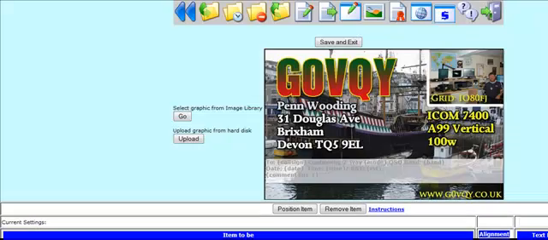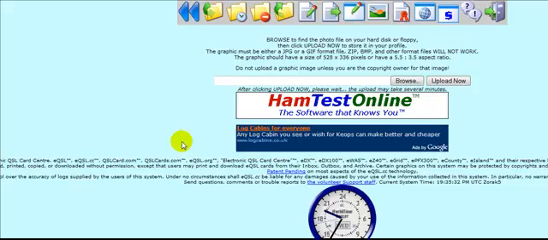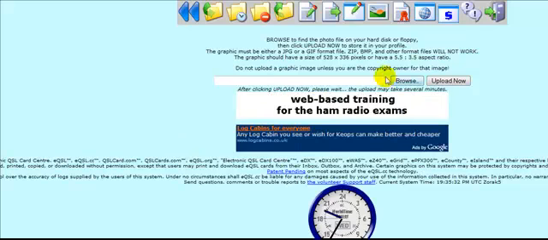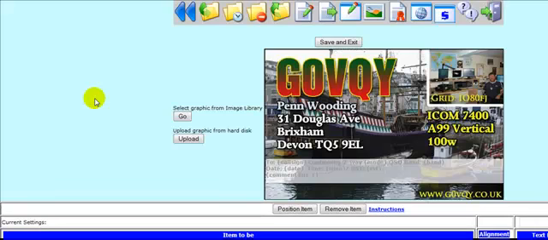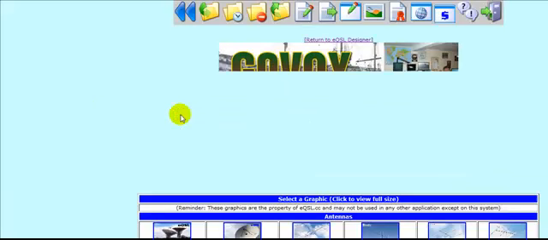Right, so like I just said, I've uploaded my own card. So how do I do this? Well, basically, I went to upload, browsed to my hard drive, and uploaded my card, and then I went back here, and then I went to the image library,